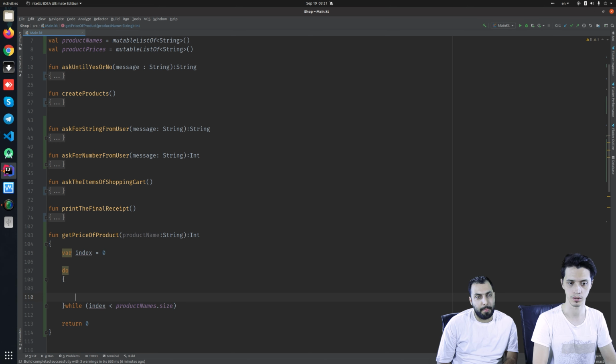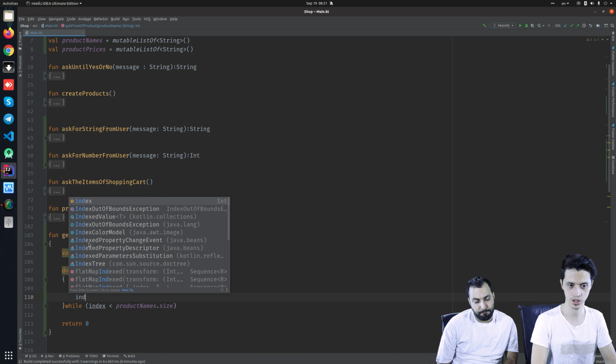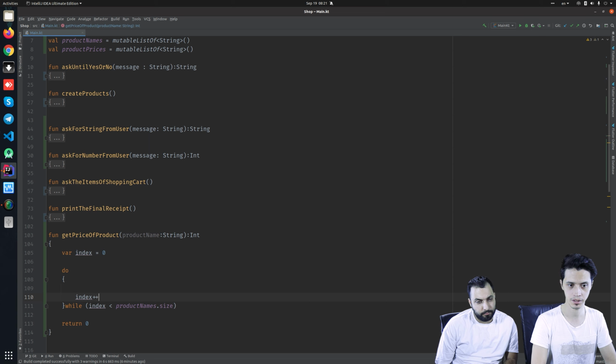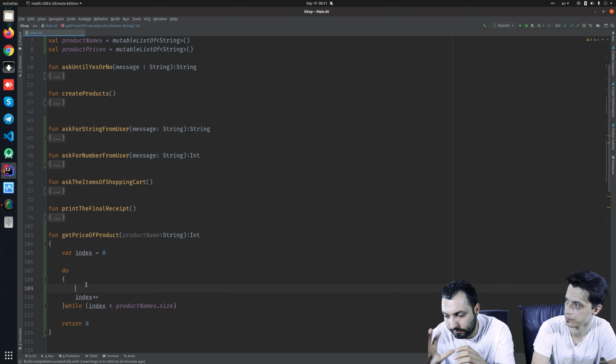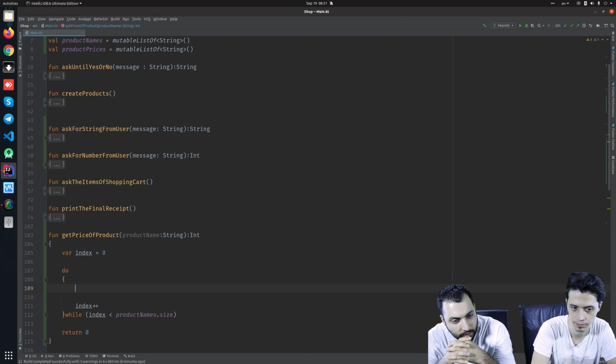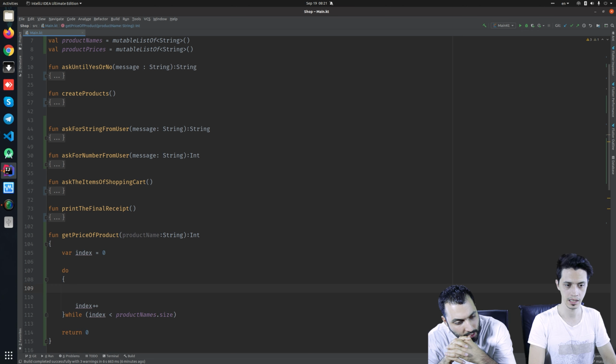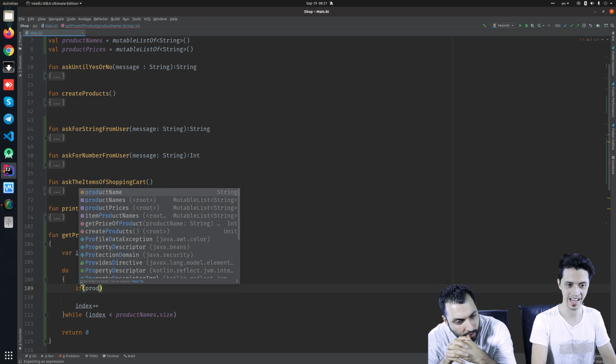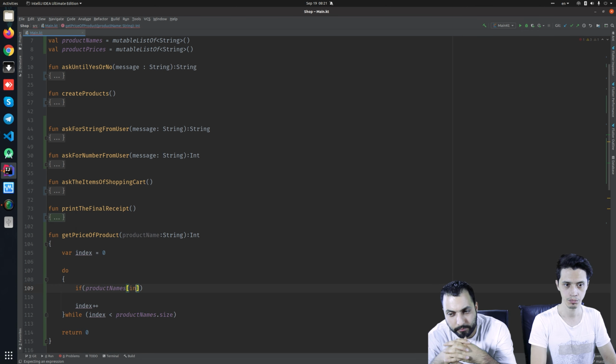That's our list that we are going to iterate. And at each iteration, we must remember to increment the index by 1, because each time we iterate, we have to add 1. So at each iteration, we will ask if product names at index,